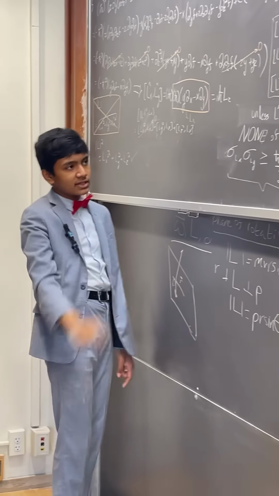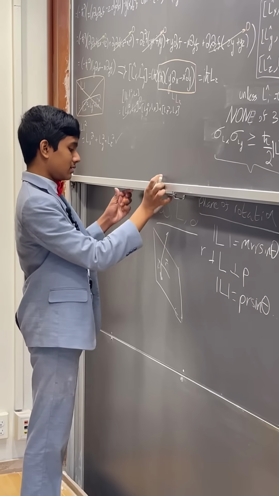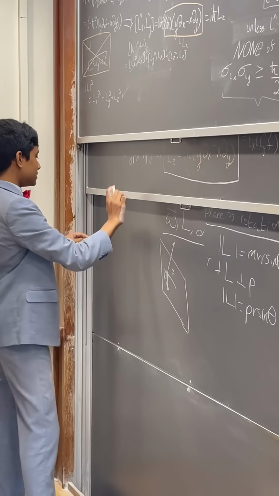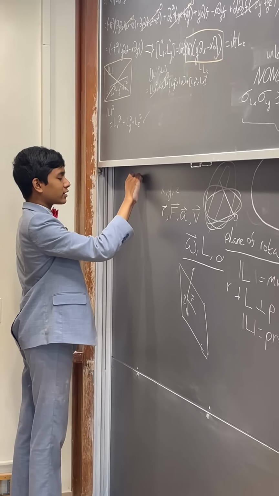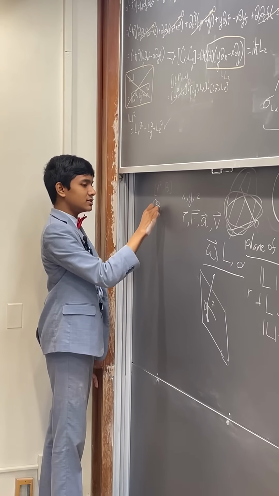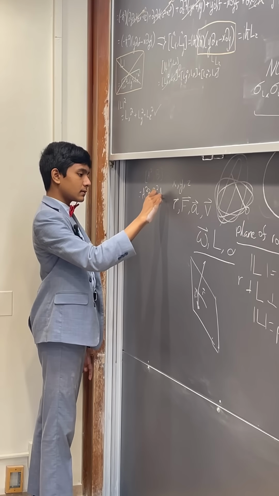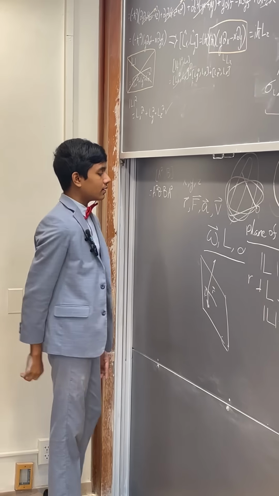Then what do we do about these other two? Let's first write out what these even mean. Consider that the commutator of a squared and b is equal to a squared b minus b squared a. Oh, sorry. Now, it's